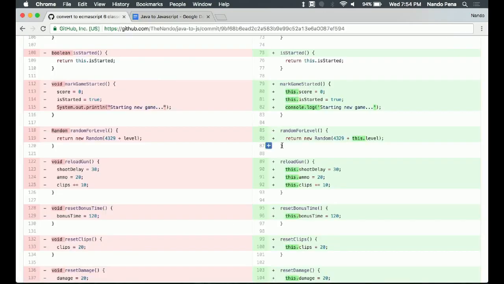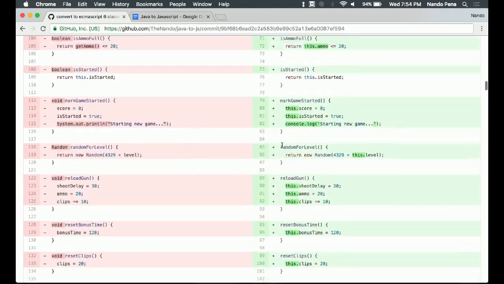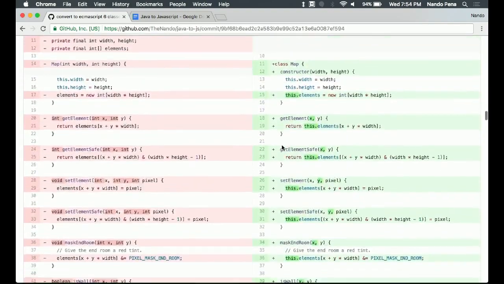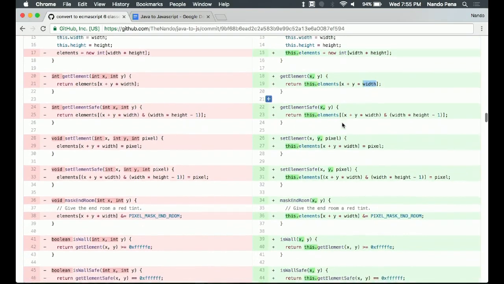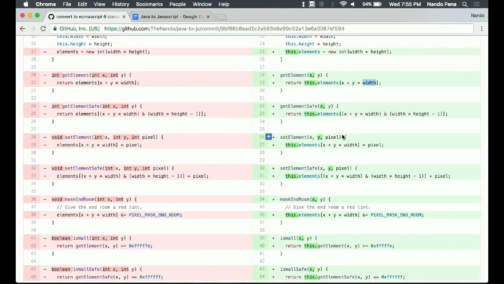However, there are some scenarios where we're passing in parameters, not in this particular class, but we should scroll down and find one. Here on getElement, here's another class method, and here we get two variables that we're passing in. Well, we don't need to put thises on them because those are not members of this map class. However, the width, on the other hand, that should have had a this. That's something that I missed. So yeah, any variables that are being passed in, we don't need to have the this in front of them.